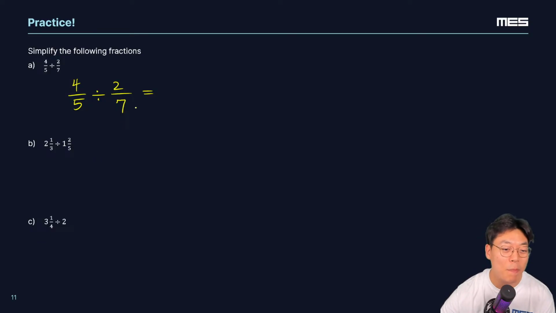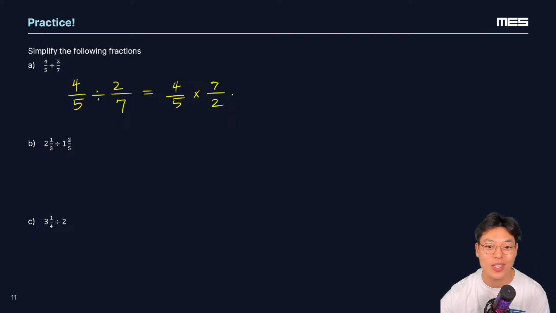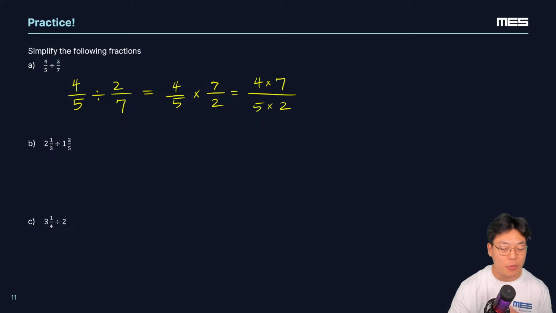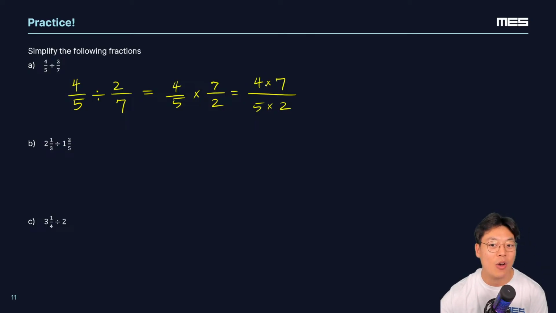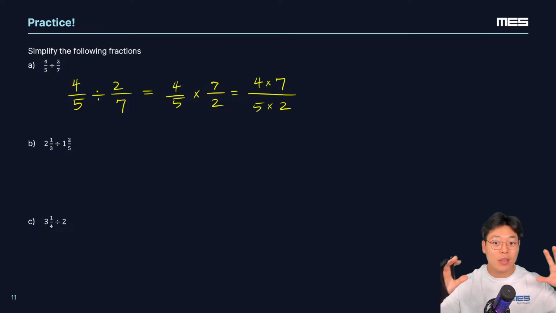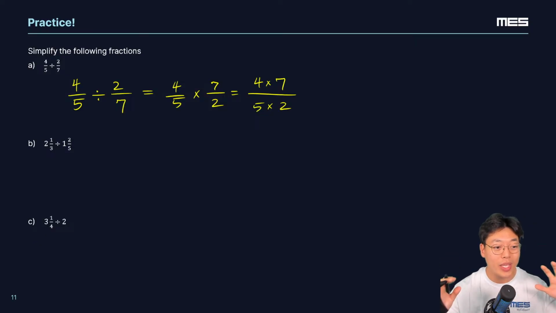We want to flip the fraction that we're dividing by. So we have 4/5 times 7/2. And now we can cancel out 4 and 2. Yes, great. We're going to level up a little bit here. And instead of having to switch, we now know that since multiplication is commutative, we can cancel out whatever is in the numerator that's being multiplied with any number that's being multiplied in the denominator. As long as both operations are multiplication, we can cancel.